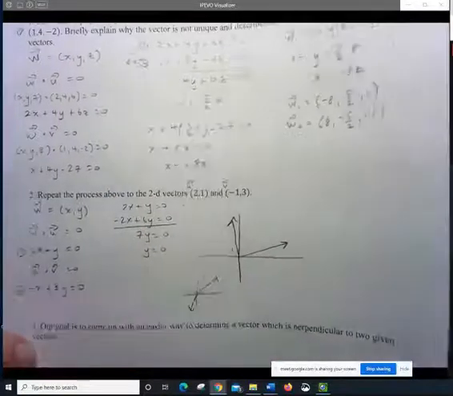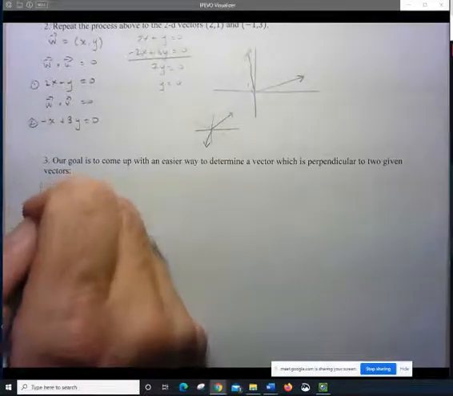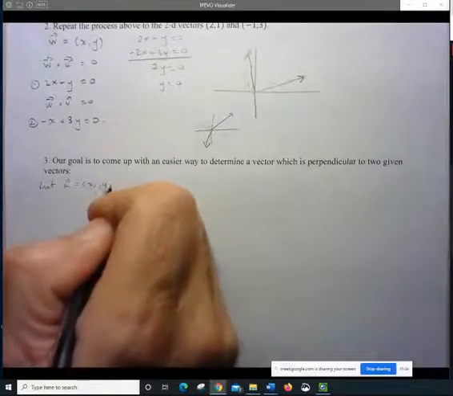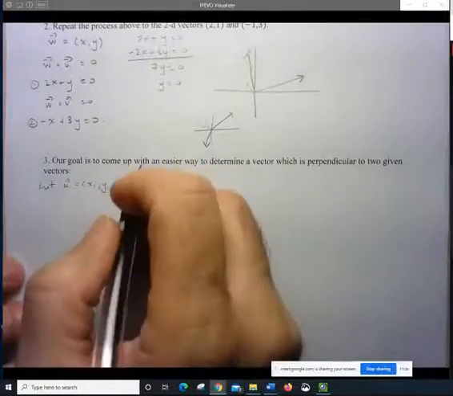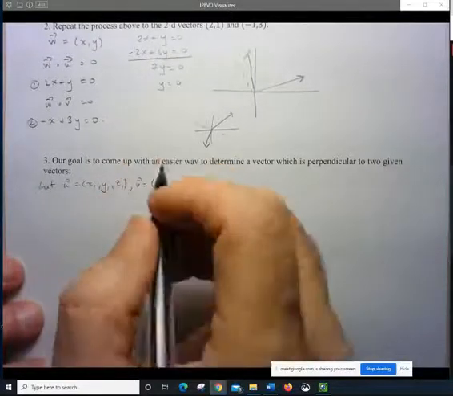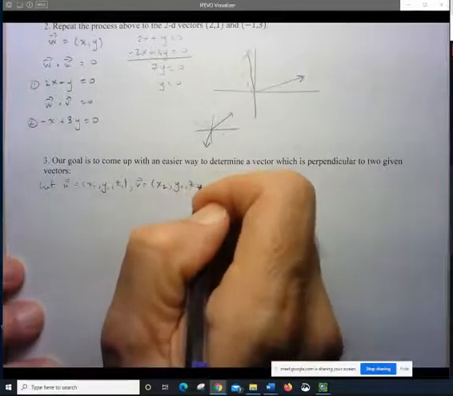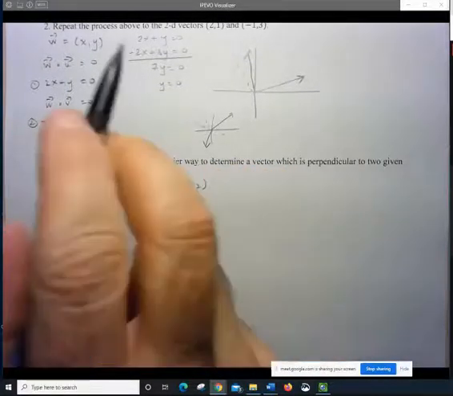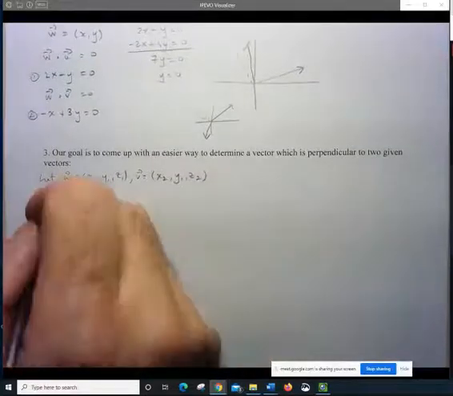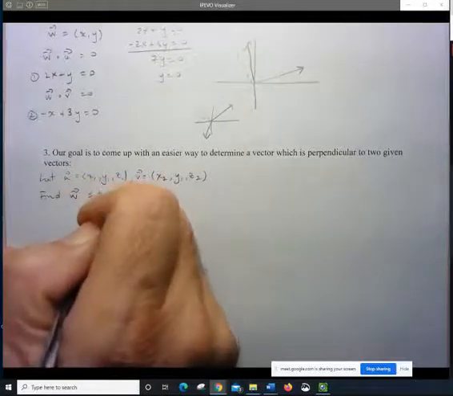Okay, exactly what I did here. I would start: let u be equal to (x1, y1, z1), v be equal to (x2, y2, z2). So instead of a specific vector like we had back in number 1, I take two general 3D vectors and I would look for my vector w such that